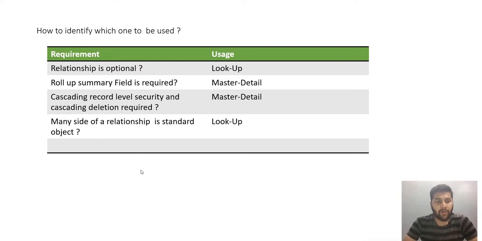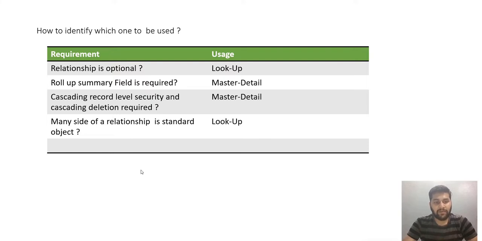Now, if the many side of a relationship is a standard object, you go for a lookup. This simply means that if the detail side of the relationship is a standard object, you go for a lookup relationship, because in a master detail relationship a standard object cannot be on the detail side. There are two types of relationship in Salesforce that you could create. One is many to one to many,